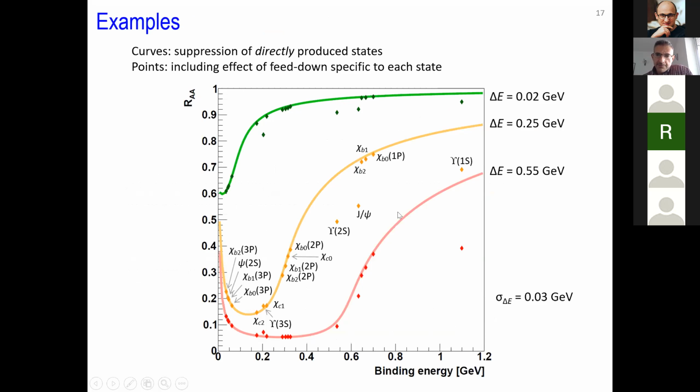You have the continuous line, which is for directly produced states. They are continuous because they are simply a function of the binding energy. Then for each actual and physical state, we calculate the prompt cross-section, which can be done only explicitly for the specific states, because then we consider the specific feed-down structures and the specific branching ratios. You see that the feed-down effect is especially big for the upsilon 1S, which drops the RAA a lot, and the second biggest effect is for the psi.